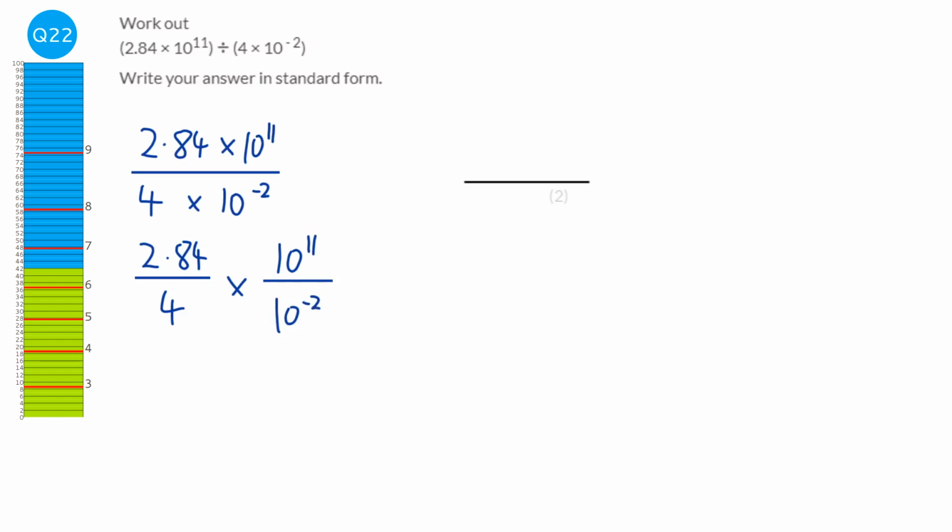Okay, so we're going to start by doing 2.84 divided by 4. So we're going to just do the bus stop method. So 4 on the outside, and we've got 2.84 on the inside. 4's into 2 don't go, so carry the 2 across. 4's into 28 go 7, and 4's into 4 go 1. So it's going to be 0.71 times,